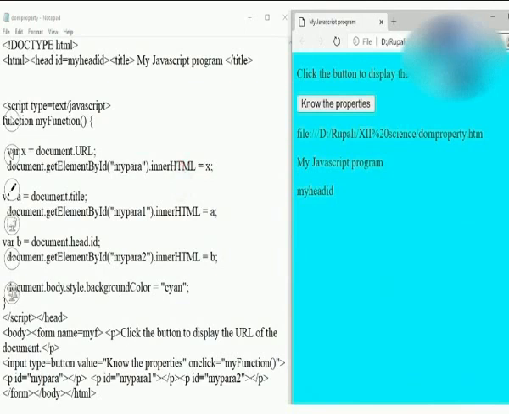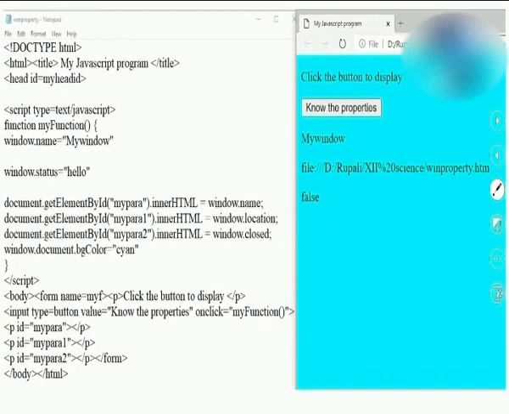So students, observe that getElementById is accessing this my para which I have written here, and that's why it is getting replaced on the web page. Again, one more paragraph I wrote and nothing is there in the paragraph right now. I have not written anything. But when I click on the button, it is going to be replaced with the value of a. And what is the value of a? It is the document title. I have given the title, my JavaScript program. Observe here, I have got the title because of the head id I have given here. So head returns the header part of your HTML.